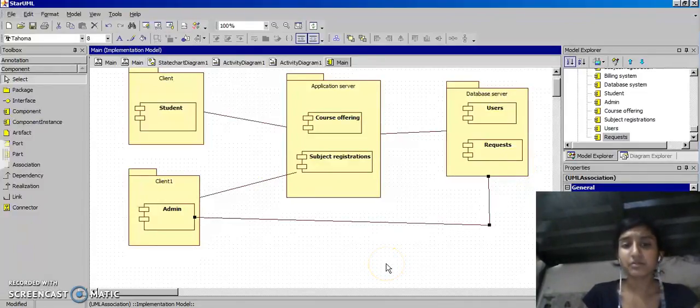Since it's an online portal, you have these servers and clients connected. If it is really a real-time or physical component, then you're going to connect physical components to it, and that will make up your deployment diagram. So this is just a simple explanation of what a deployment diagram would be for an